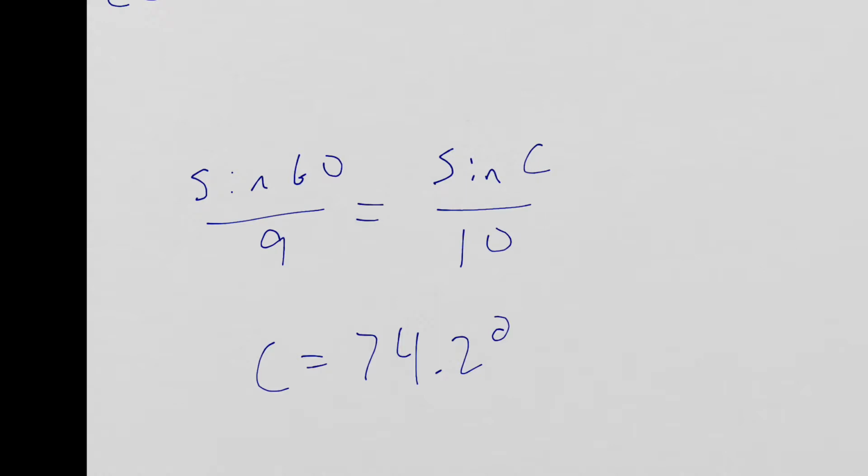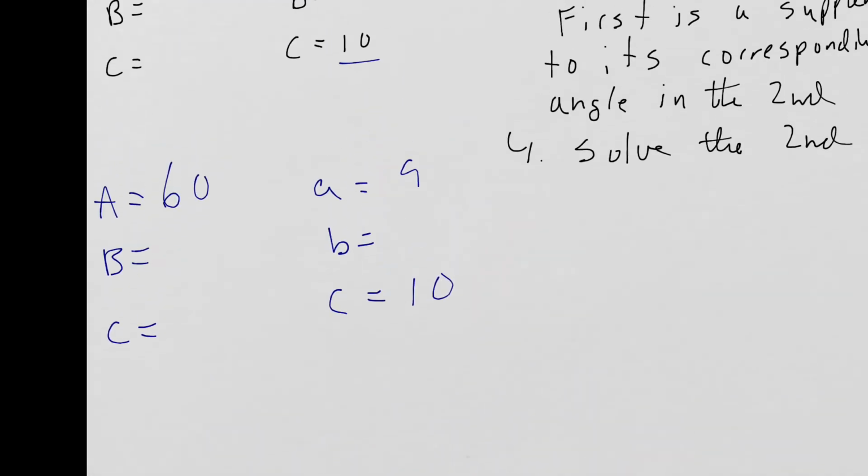Now I'm going to store this. I'm going to hit the store button on my calculator and I'm going to hit alpha C and hit enter. Now newer calculators you can just scroll back up and grab that number. I'm just going to store it out of habit. Remember, if you didn't get this number, when you're looking for an angle, you got to take the inverse sine. So I ended up taking the inverse sine of like 0.96225 or whatever it is, and then that's how I ended up with this number down here. So I'll put that up here,